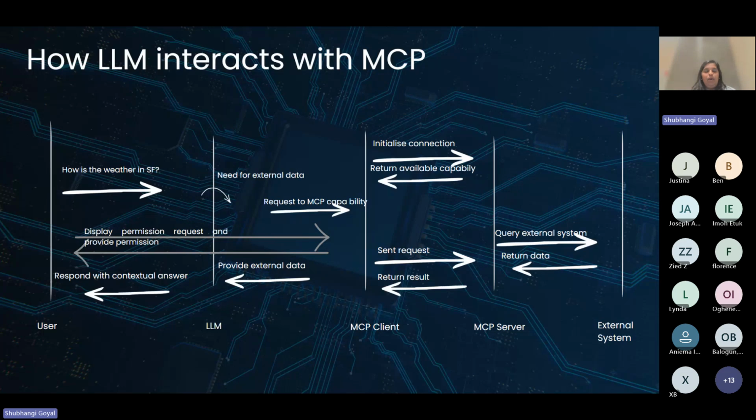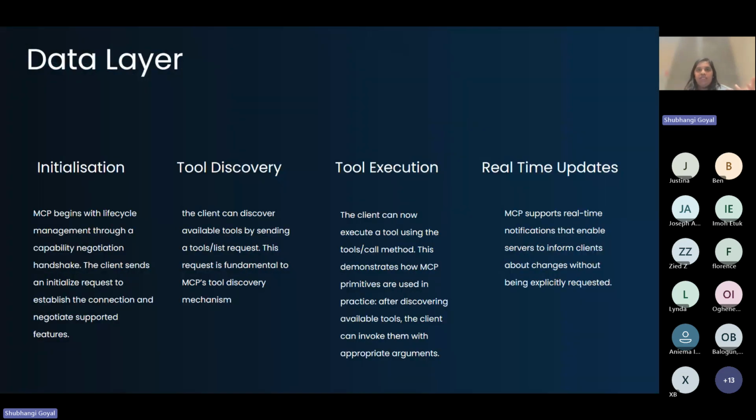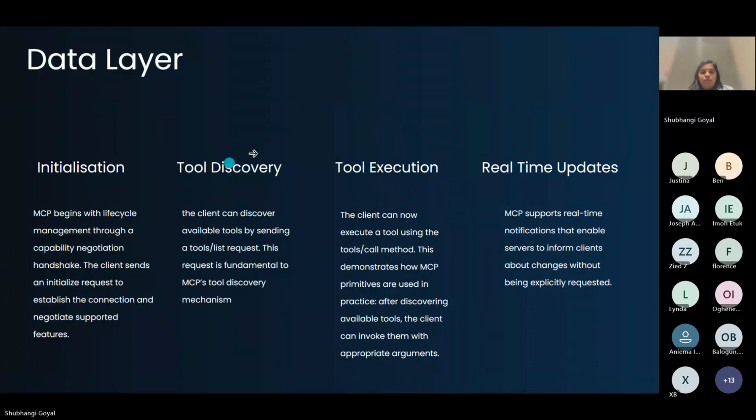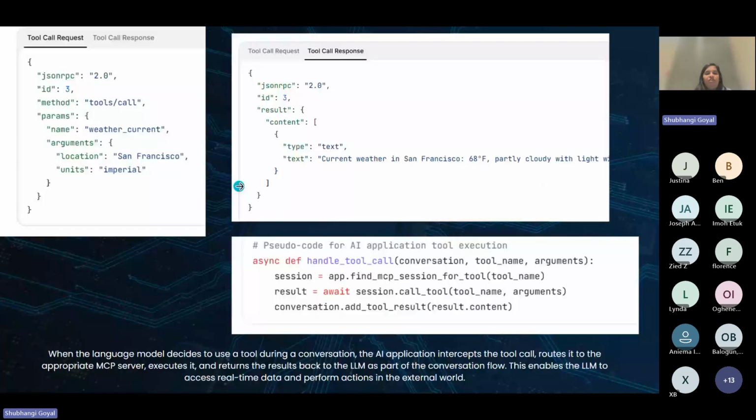Now from here, let's talk about more details in tool call request and tool call response. Tool call request and response is basically this one and this one, these 2 things. Take the same example of finding the weather of SF today. You would create a JSON RPC tool call request, with a method like tools/call.